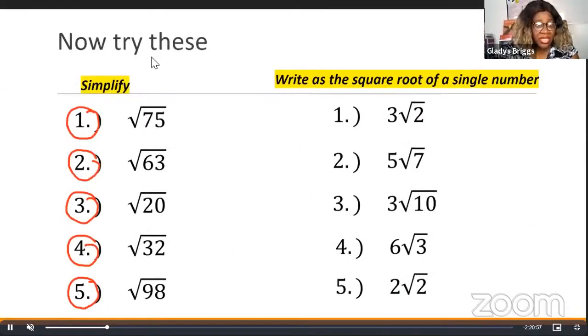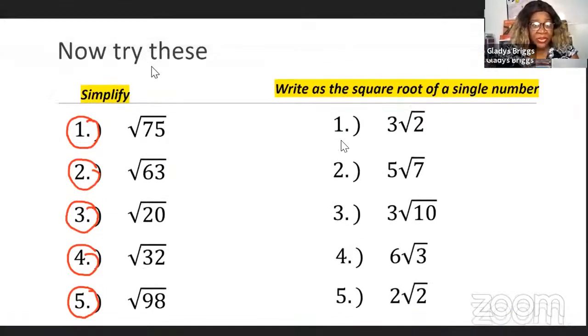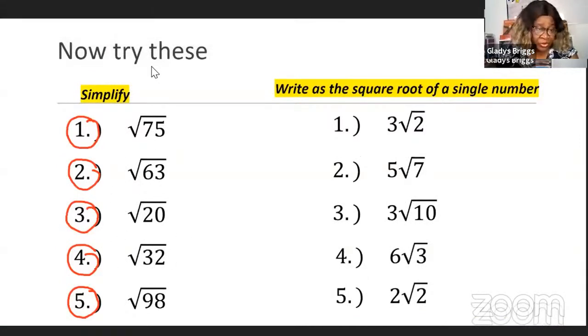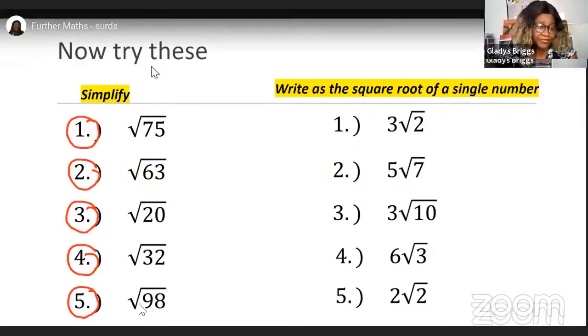So here are a few that we did in class on the day. I'm not going to give you any of these ones. You are most likely going to have something like those ones, okay? And then I'm going to